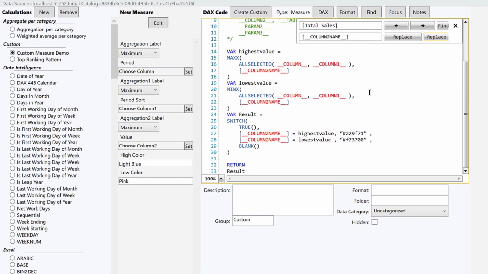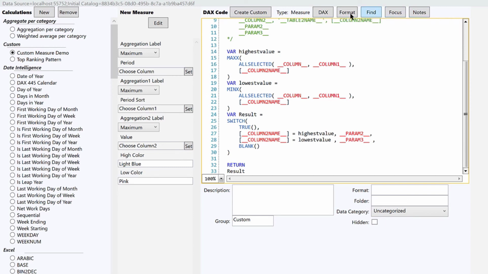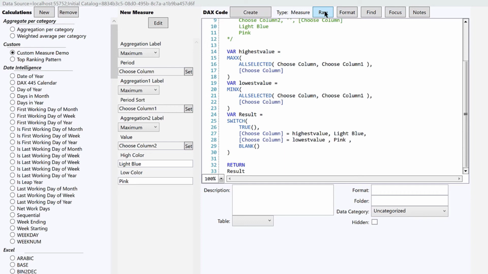Replace all. And now the last thing we have to do is just replace this one with Pt.2, and this one with Pt.3. Okay, and now let's close this, and let's flip back to our DAX. And we can see,